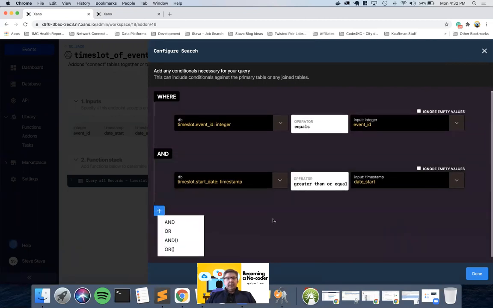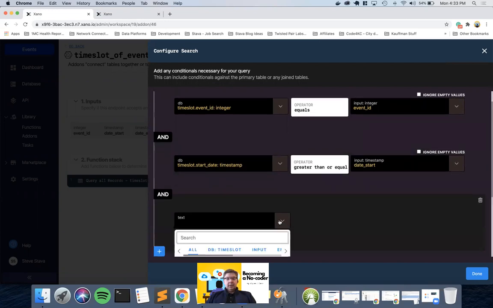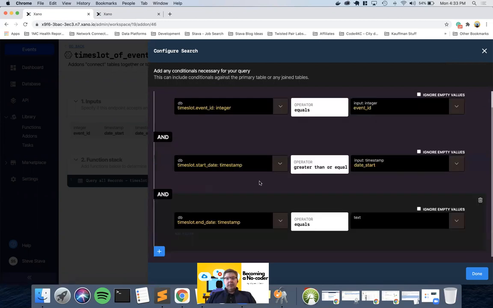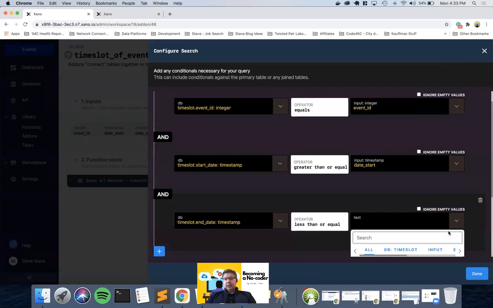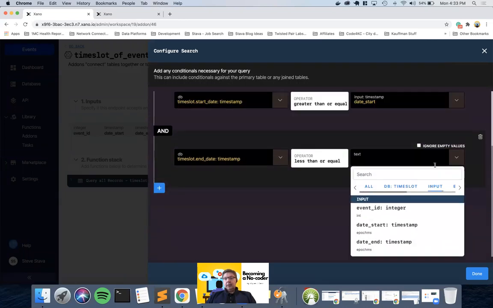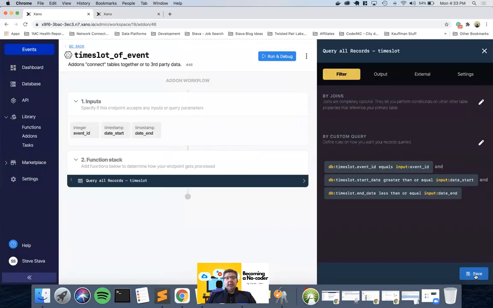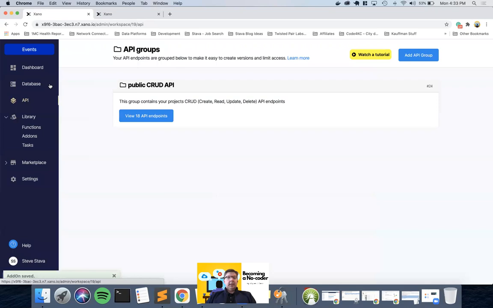And I want to also make sure that the time slot end date is less than or equal to the input. So not only am I filtering for the event in the main API, but I'm now also filtering the add-on data so that when I come back to the API,